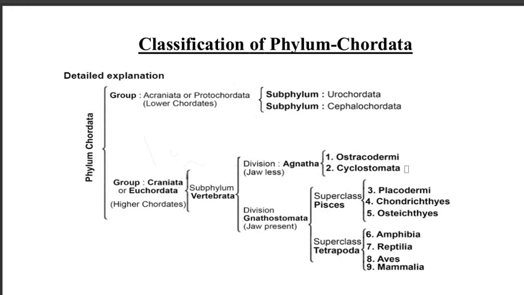In part 2 of the Subphylum Vertebrata, we discussed the superclass Pisces, which includes three classes, the Placodermi, the Chondrichthyes, and the Osteichthyes. And this is part 3, in which we are going to discuss the sixth class,